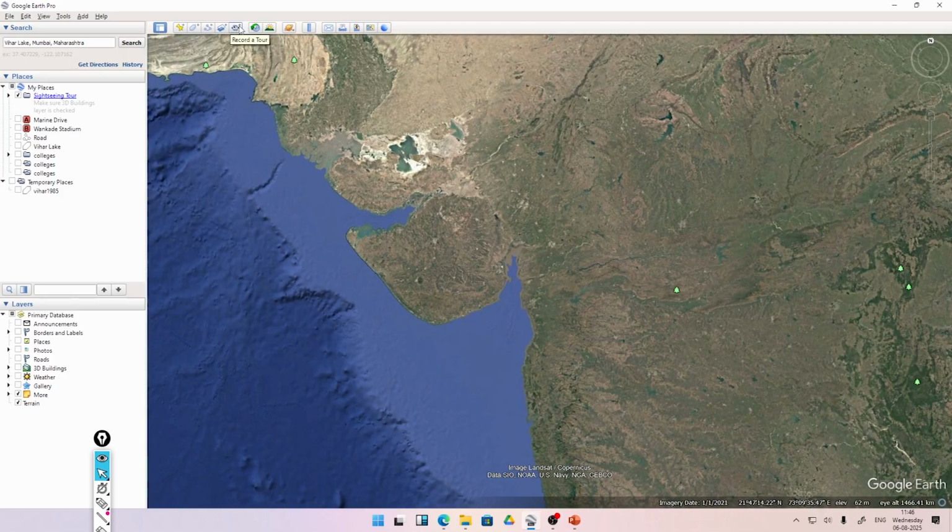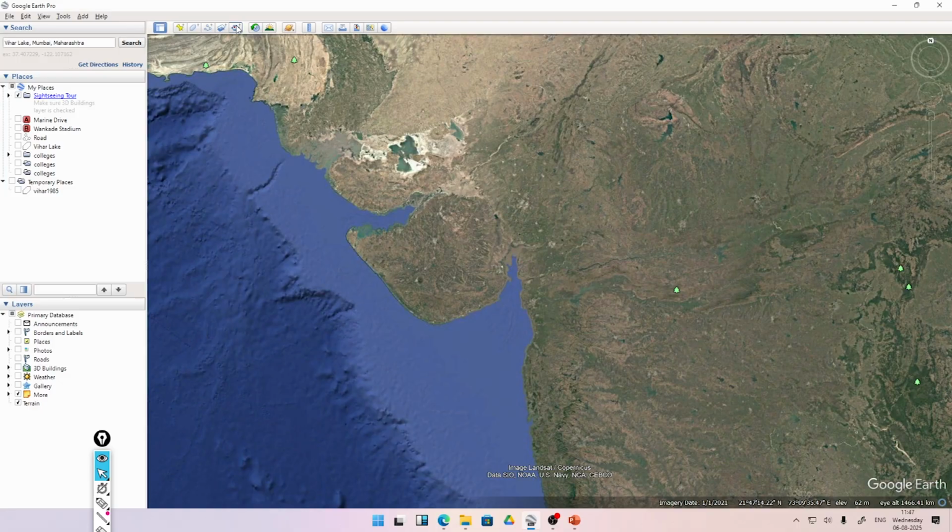And here there's a record tour. Let's say we are planning to go for a holiday trip, or we want to represent some of the main localities of our study area to a presenter or other people. What we'll do is click on this record tour. When we click on this record tour, here in the bottom side you can see